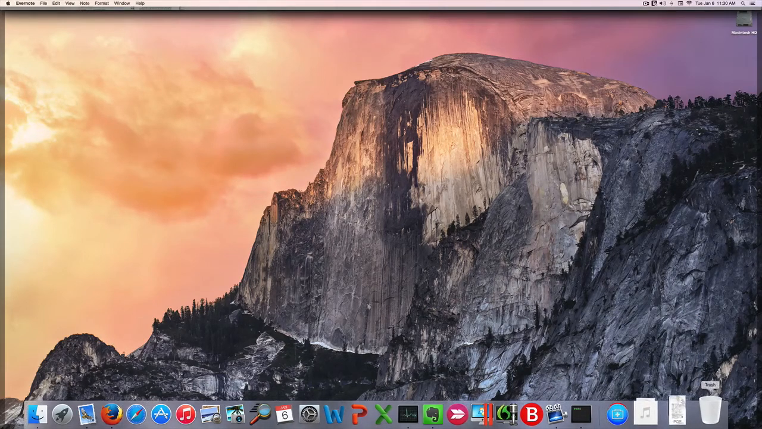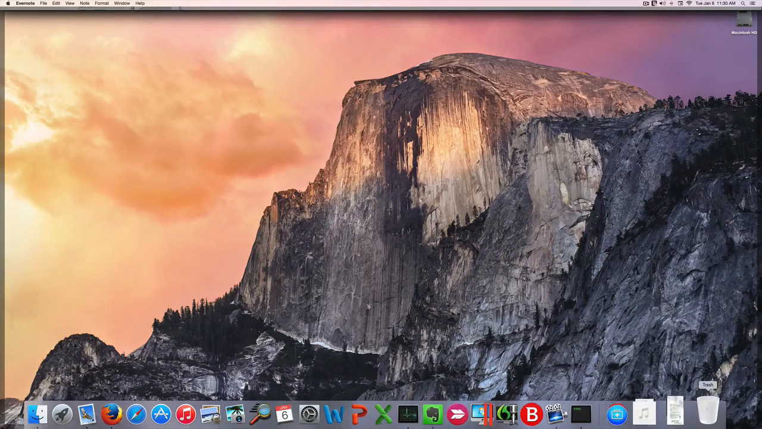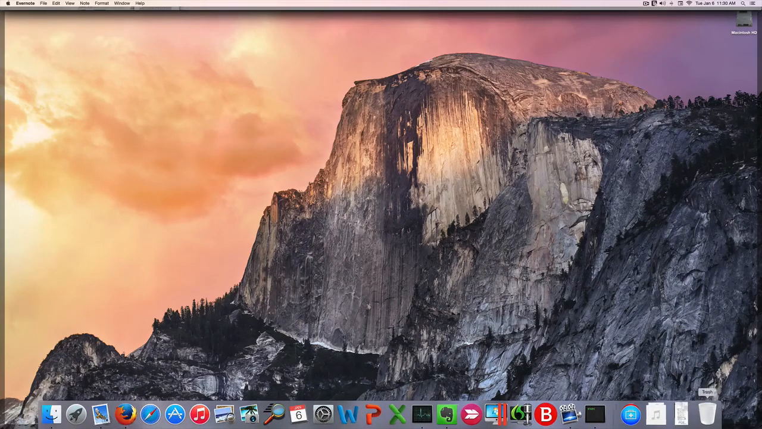And anyway, last but not least, on the right part of the dock we have the trash. It looked more similar to an actual trash can in the previous OS X versions, but now they changed it to a white background. Anyway,